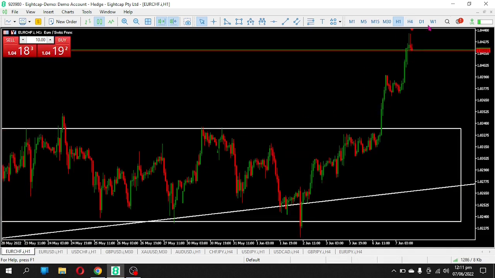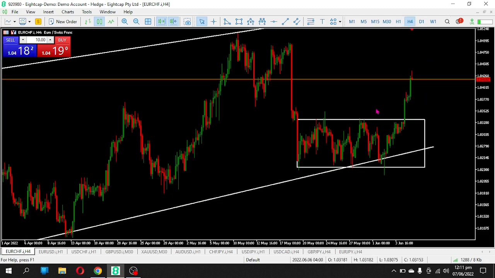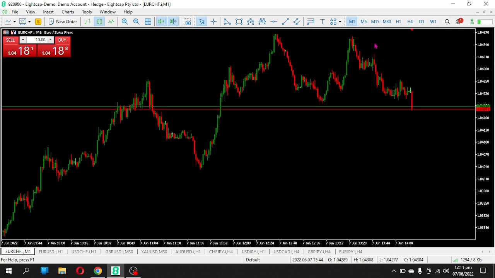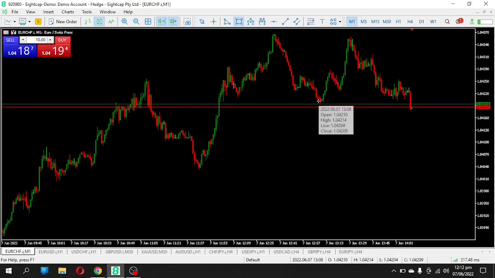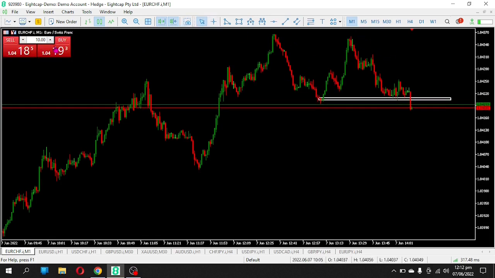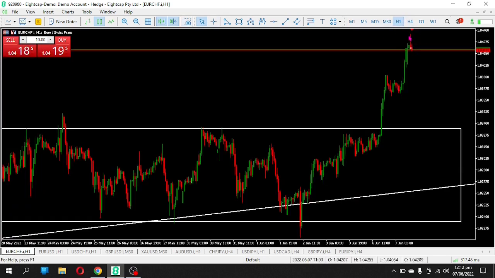Then I want to enter another trade on Euro CHF. We had this bullish move. Back on the 4-hour time frame, price broke out of this range. Then back to the 1-hour time frame, we had two pin bar candlesticks, which is a reversal candlestick pattern. I'm also going to go for a sell here. Here is the 1-minute candlestick. Price just broke this 1 minute zone, so I'm expecting Euro CHF to also go bearish